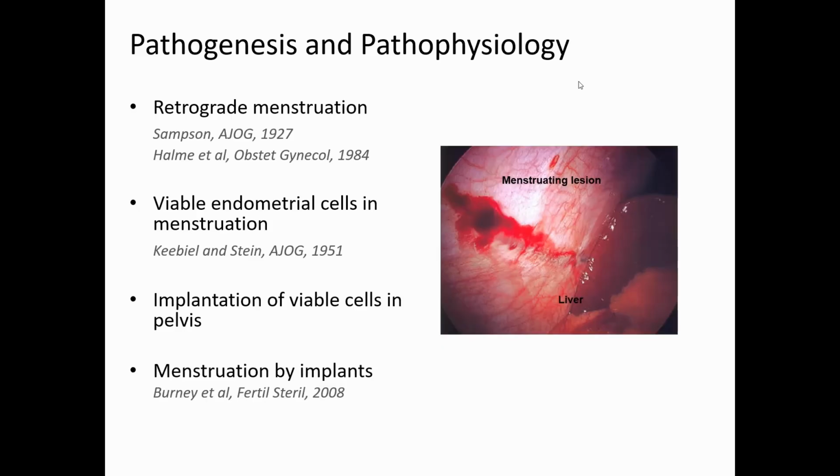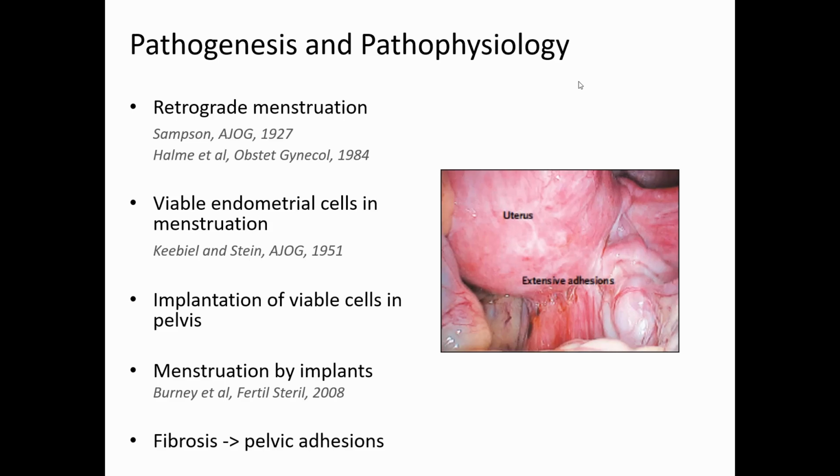The endometrial implants remember their roots as endometrial in origin. And in subsequent menstrual cycles, we and others have noted that there is menstruation from these red vesicular lesions. This bleeding from the lesions is possibly contributory to the pain associated with the condition at the time of menses, but also is thought to be a precursor to the development of subsequent fibrosis,